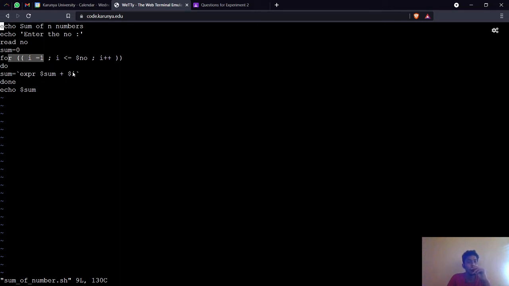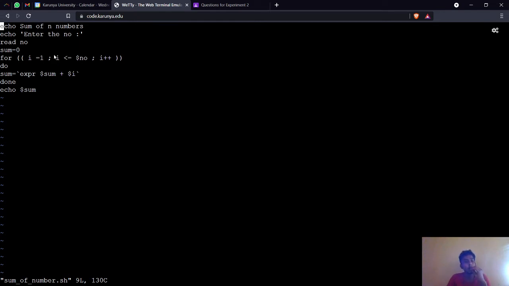In the for loop, this is the syntax: for, double parentheses, and inside is the declaration, condition and incrementation part. Initialization is i equal to 1 and the condition is i less than or equal to number.